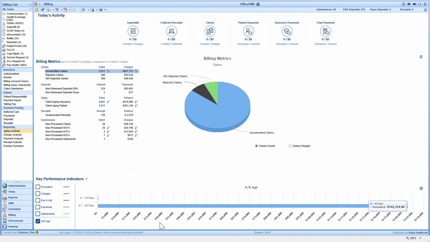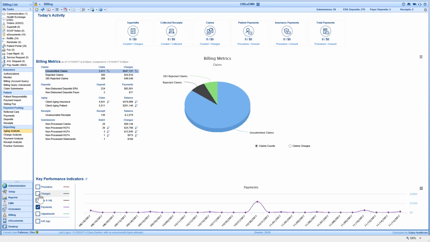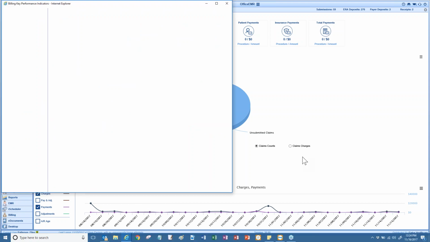So our final section here is key performance indicators, or KPIs. These are going to give you some graphing ability to track the things you're doing. So for example, if I wanted to look at payments versus charges, I can do that. So I've got charges and payments. I can hover over the data points to see what is going on with those. If I want to see more detail or look at a different date range, I can expand my KPI section,